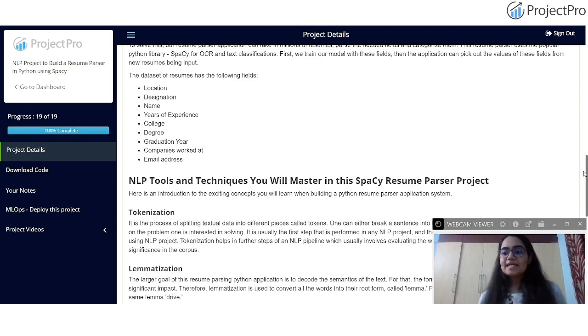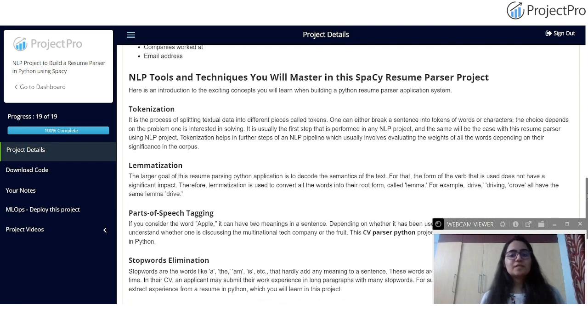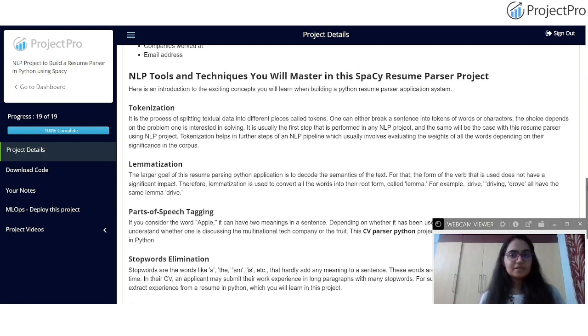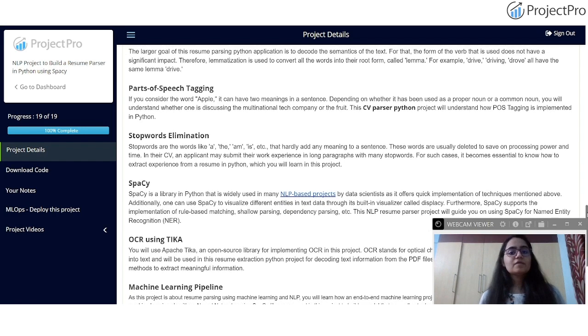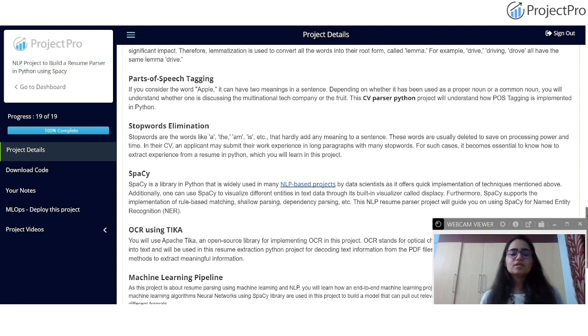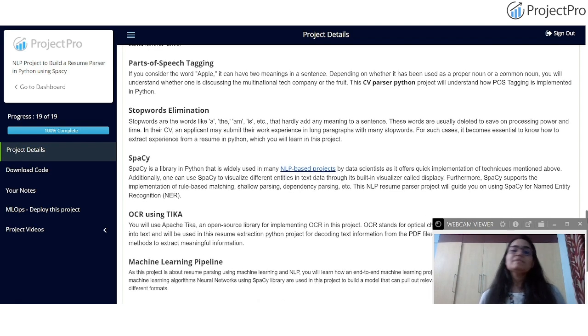So when you talk about the NLP tools and techniques that you have to master, in this project we are making use of the Spacy resume parser. Spacy is a Python library, as you may know, which is widely used for NLP projects. You might have heard of NLTK as well, the Natural Language Toolkit. Similarly, we have Spacy, an excellent Python library used for NLP projects, especially